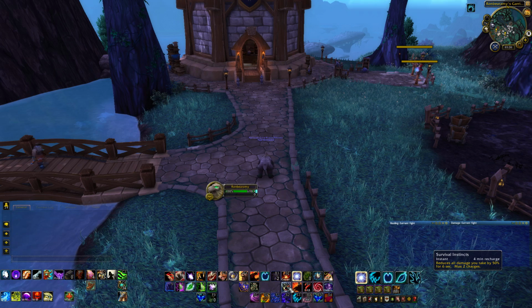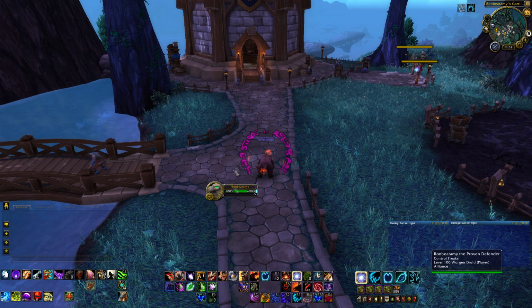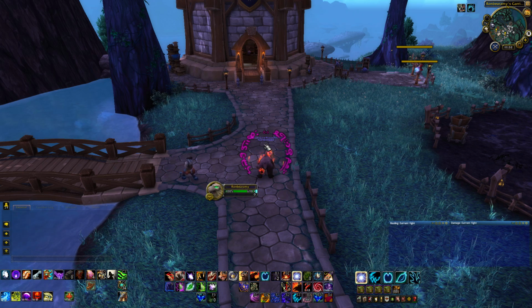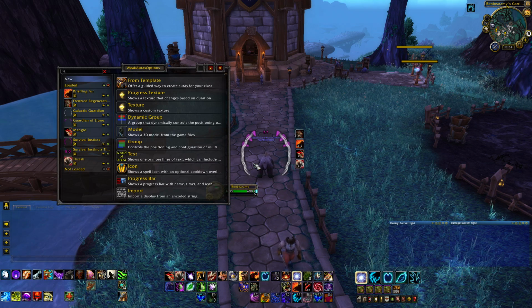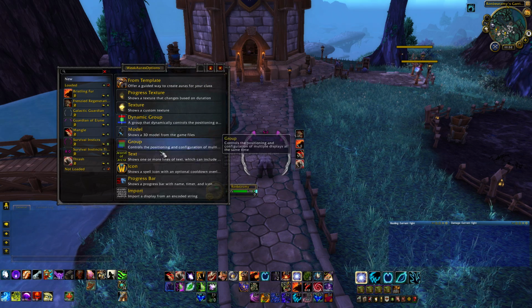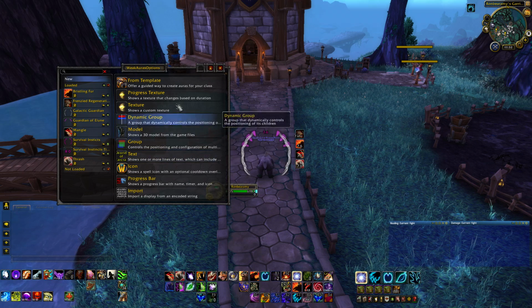Click on Survival Instincts, and there we go. I've got the aura, and it's got 4 seconds, 3, 2, 1, and then when it's gone, it disappears. Now the icon that pops up is another add-on, but don't worry about that too much. So those are how you make textures and text, and they go really well together if you need a timer,